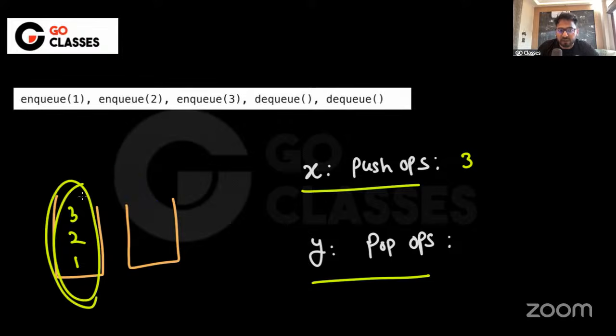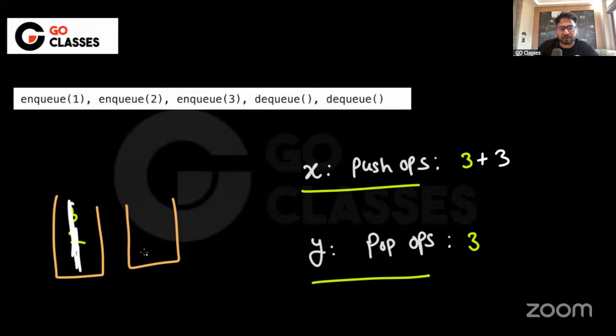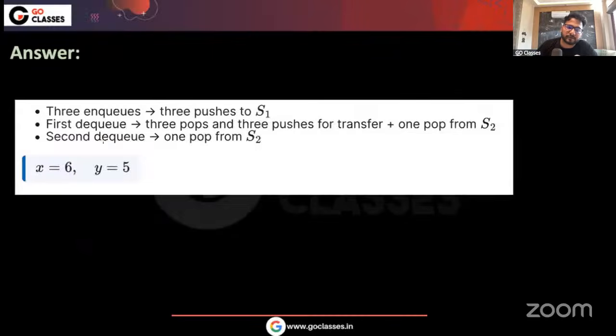So three pop and then three push, right? Then all the elements from here you will be shifting to here, three, then two, then one, right? So I hope that's fine. And now you will be dequeuing, right? Now for the deque, there is one more pop. Now you will be dequeuing once again. There is one more pop, right? So basically there are six here and four and five here, right? So six and five is the answer here. Six and five. Is this understood to everyone?